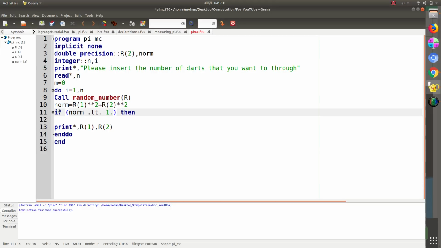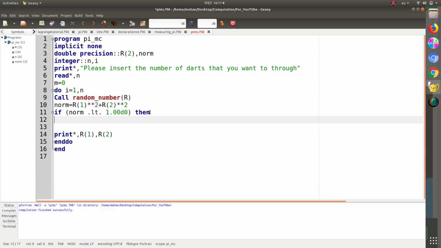For our double precision value we will use 1.0d0. Alright, so this gives a more precise value. Don't be confused, this is 1. These things are added to get a more precise answer, right? So if norm is less than or equal to 1,